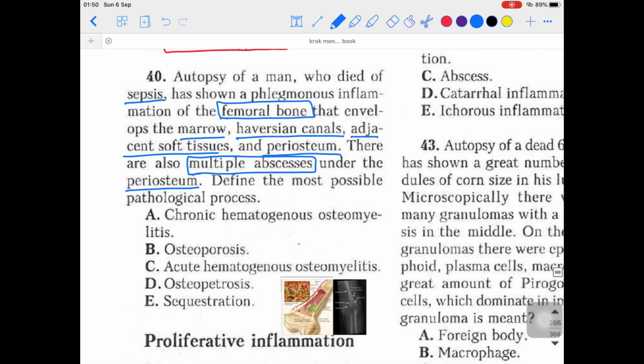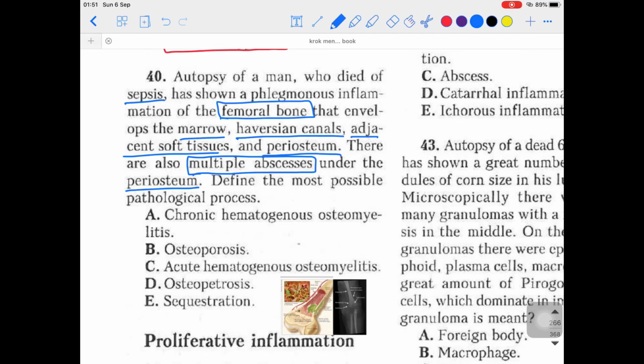So look, there was sepsis, right? So this bacteria came through the blood and then it is invading into the bone. I said it came through the blood, so can I say hematogenous spread? Yes. What is the way of spread? Hematogenous. Invading the bone, can I say osteo? Invading the bone marrow, can I say myelo? Inflammation will definitely be there, so can I say itis? So acute hematogenous osteomyelitis will be the case.